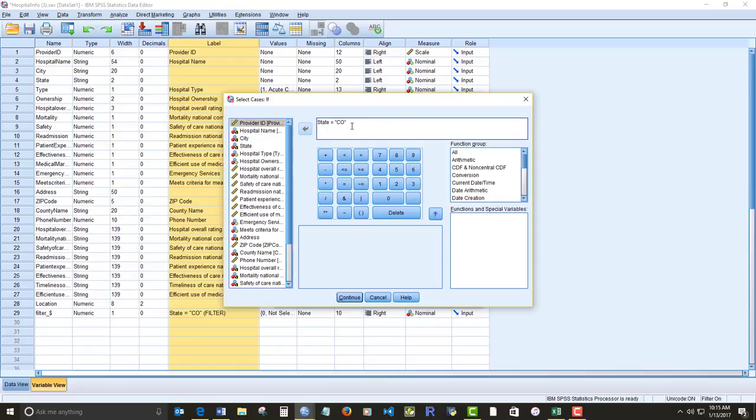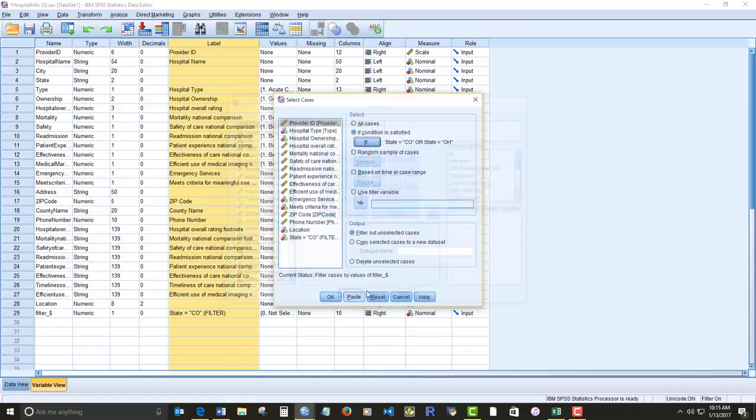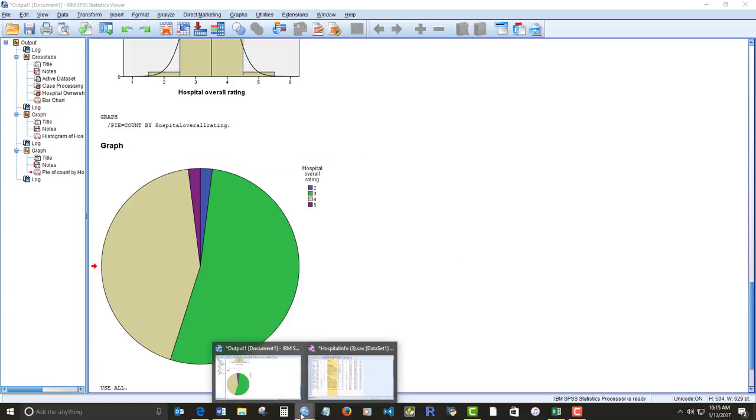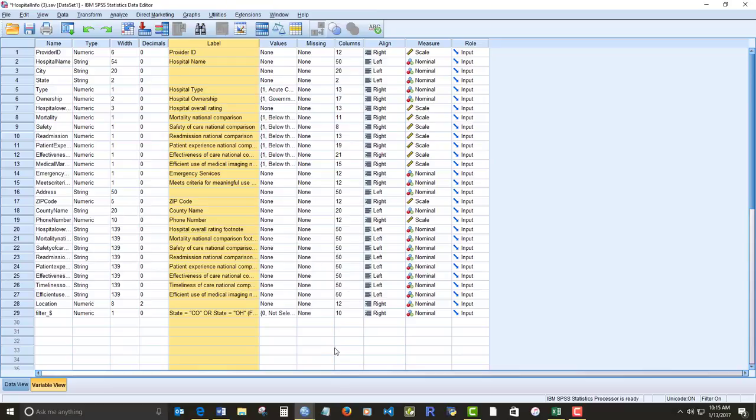And since I'm originally from Ohio, we'll compare Colorado and Ohio. Okay, that gives us two different states. Back to our SPSS. And